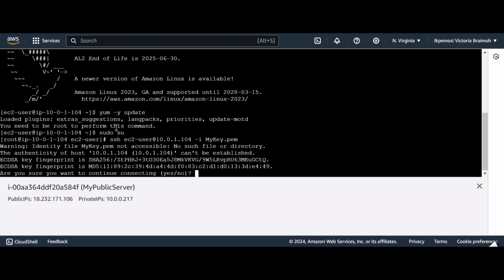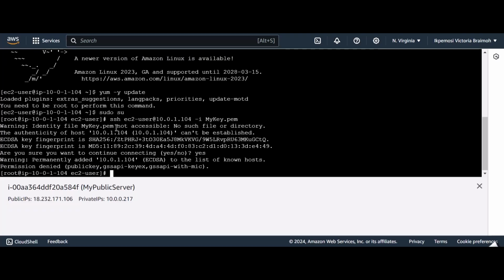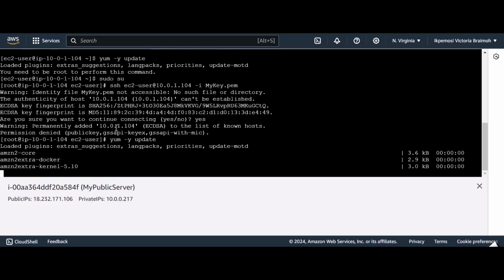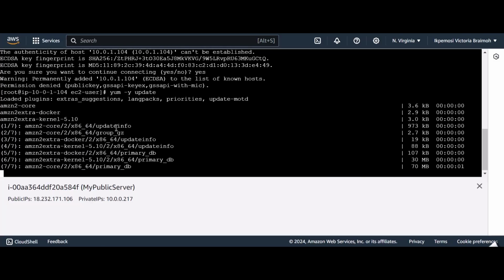Enter. Yes, I'm sure. Now let's run the update command again. Yum -y update. Voila,